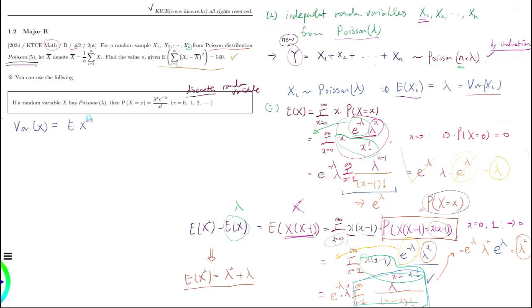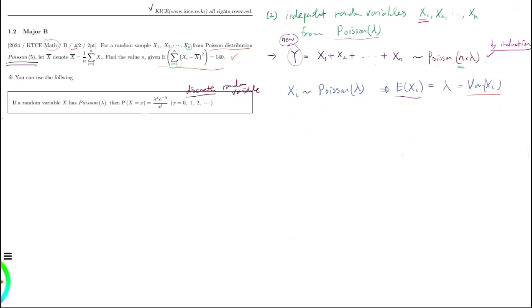Okay, so from the mean of x squared, and by using the relationship that variance of random variable x is the same as mean of x squared minus square of its mean, you will get lambda square plus lambda, and mean of capital X is lambda, so it's a square of lambda, and you will get just lambda here. So anyhow, for the Poisson distribution whose parameter lambda, its mean and variance are the same. Okay,